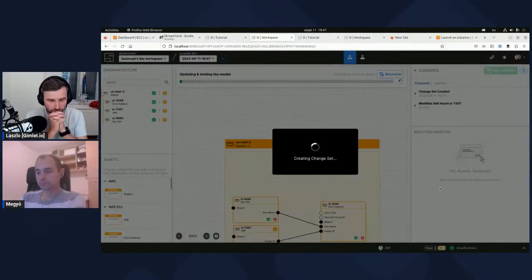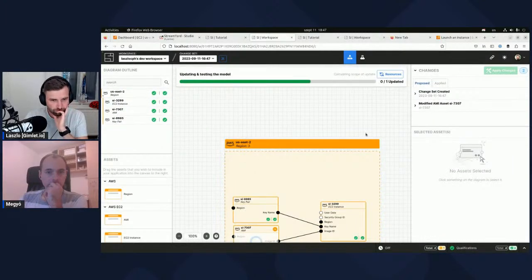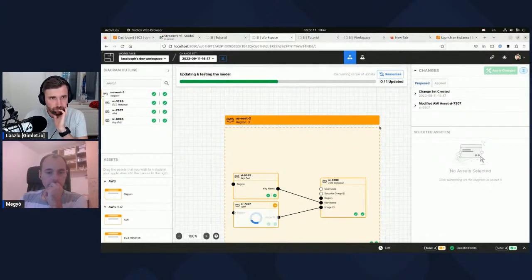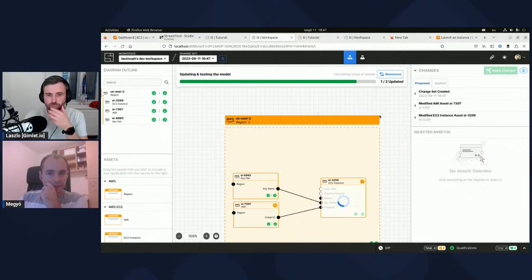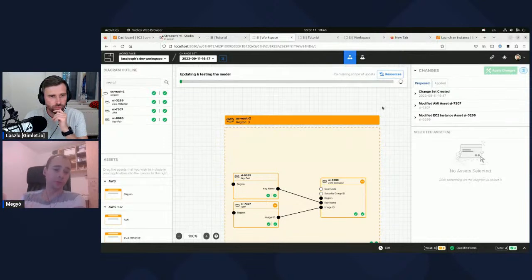Enter. So it's updating the model. I guess it takes some time.